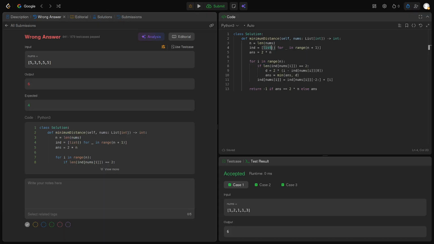So technically I can straight up just do this. This could be like minus n, minus n, right? And then